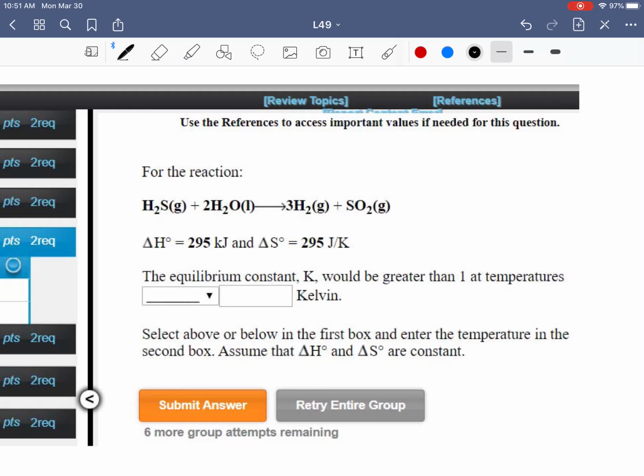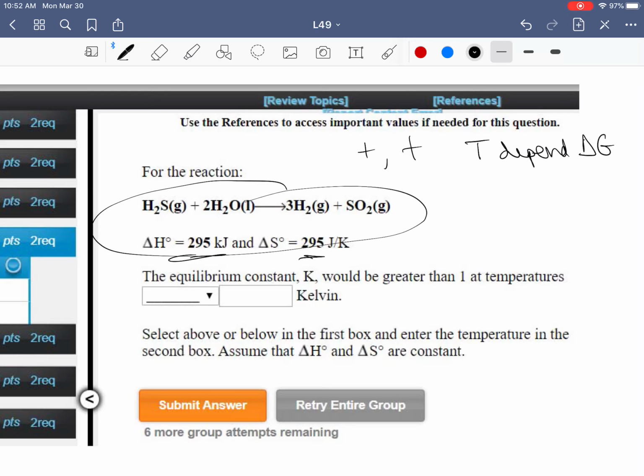The equilibrium constant K would be greater than 1 at temperatures where? So a big understanding on these types of problems, especially when you're given your delta H and delta S, when the signs are the same, especially in this case for the enthalpy and entropy, there is a temperature dependence